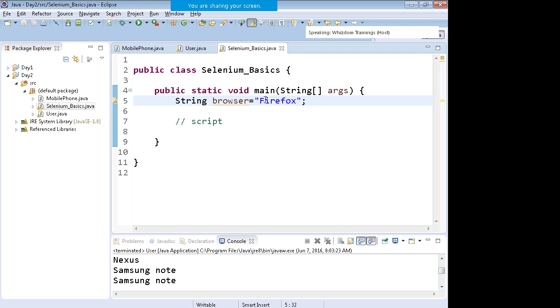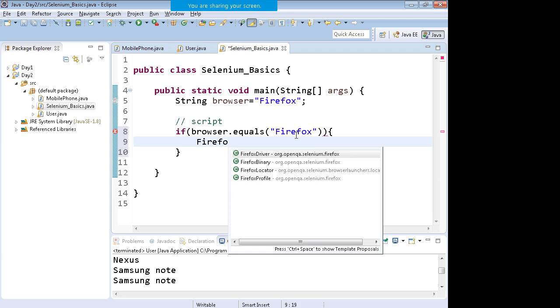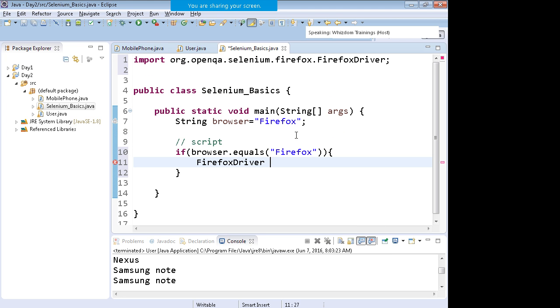Okay, generally we will read this parameter from an external file like an Excel file or a properties file, anything, and the script will run. You don't have to change the script. So generally what people answer is that you can use an if-else statement. If I try to use an if-else statement, if I write over here, if the browser is equal to Firefox, then I write Firefox driver equals new Firefox driver,